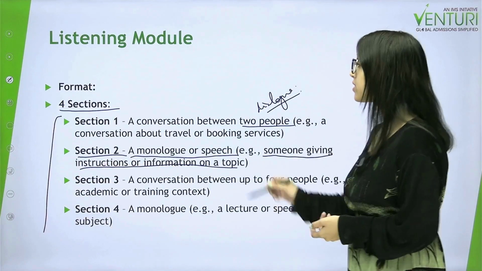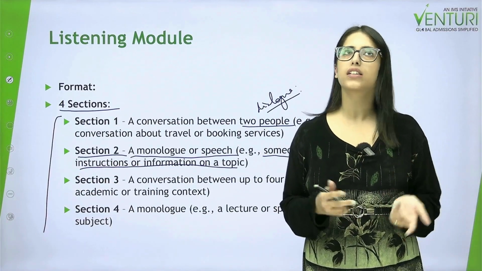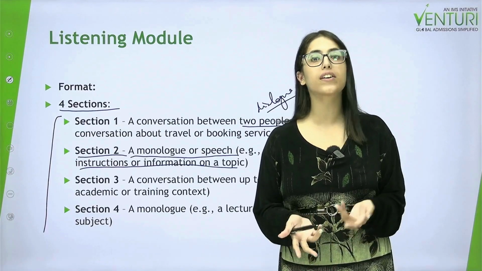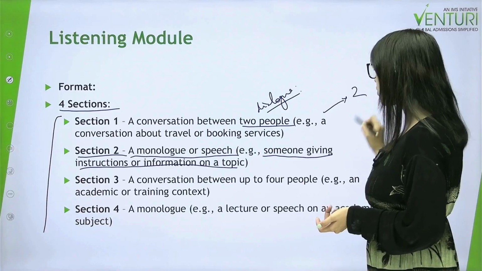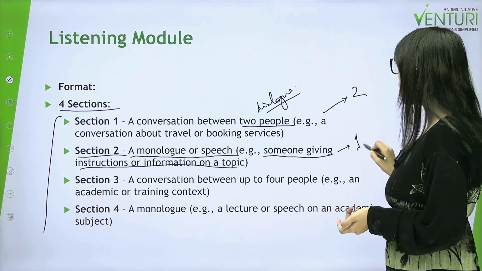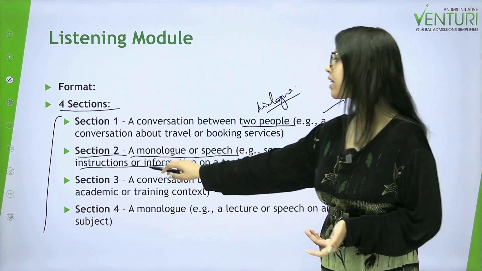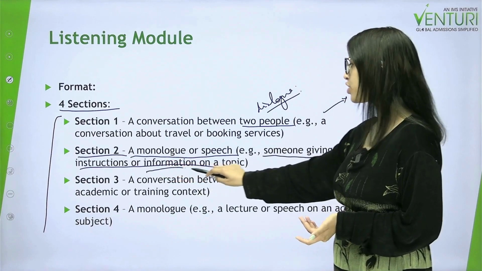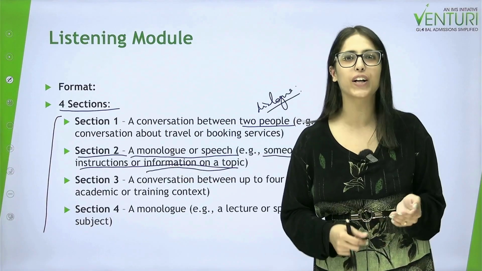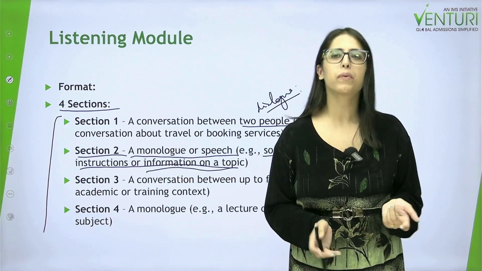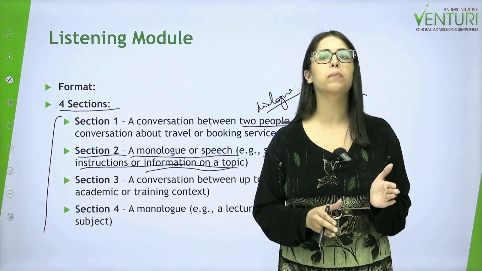So say for instance, in the first section, you can get a dialogue between 2 people, let's say 2 friends who are discussing their weekend plans. Now for the second one, you can maybe see that there is one person who's talking about, let's say, how their day went. Okay, or they can be giving some information which is very casual by nature. So maybe they are telling you how to cook Maggie. Okay, now I am not telling you that they are going to be telling you how to cook Maggie, but you get the idea that it is going to be easy for you to follow.